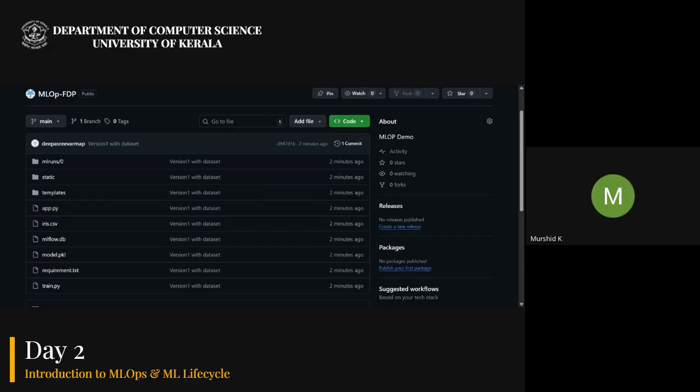Ma'am, this MLflow also using this versioning, right? Yes. MLflow, that is like, actually in real case, we need not add all these MLflow folders, you can avoid when you upload to Git. Okay. Once you finalize the model, you just need to upload the final model to Git. Okay.